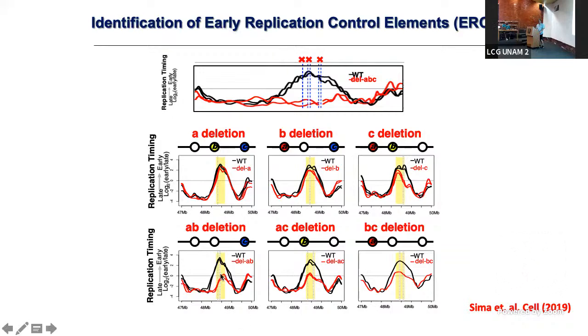And an interesting anecdote is that she had a 680 kb deletion that took out all of this DNA from the yellow all the way over to here, and it looked exactly like this. So it was very puzzling that we could take three-quarters of the domain out and still replicate in the middle of S phase. So anyway, these deletions explain why it took 60 years, because there's redundancy.